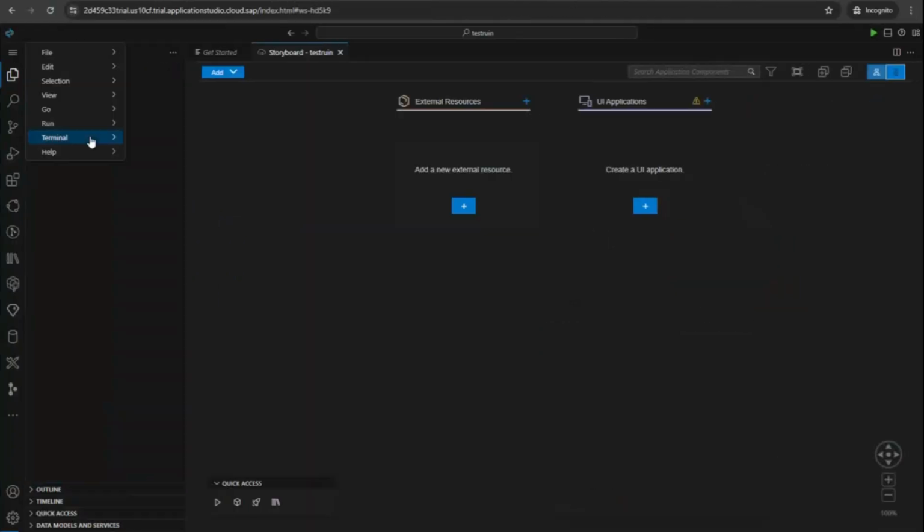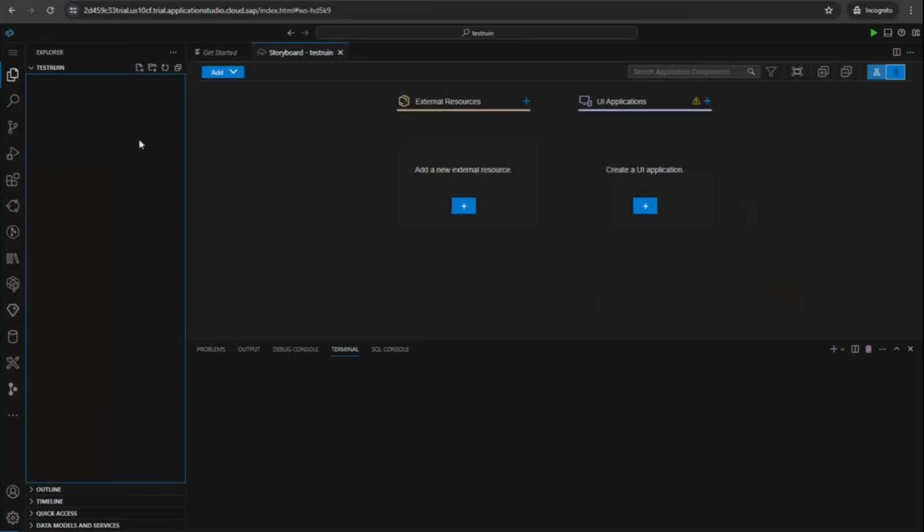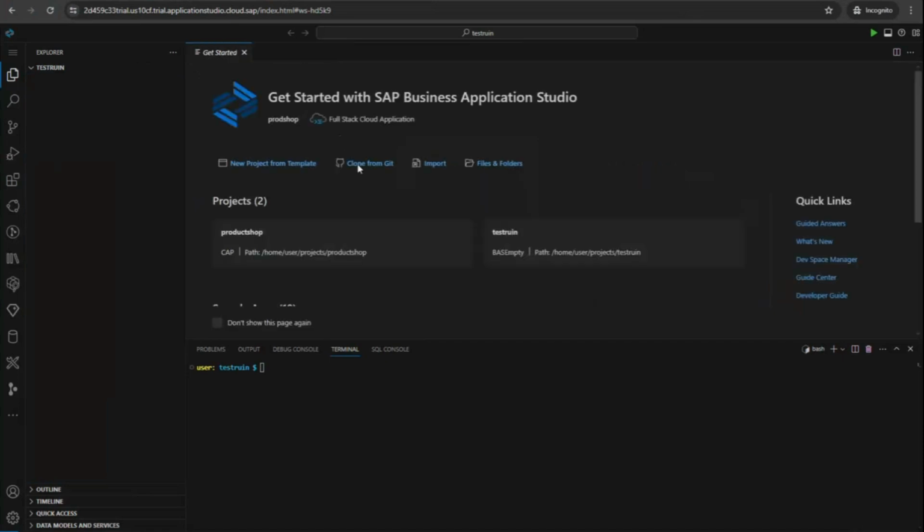Okay, so I will come to the terminal. Now you are seeing that you are in the terminal. What I'm going to do here is very simple. First of all, either from the UI, I'm telling you a very simple way. It's your wish how you want to do it. So if you go the simple way,